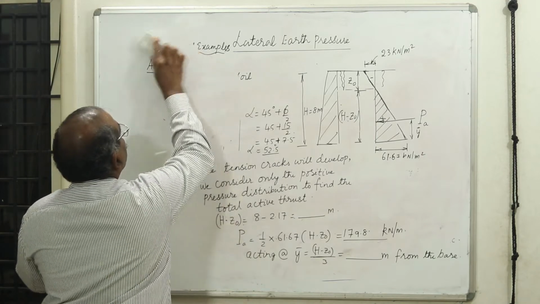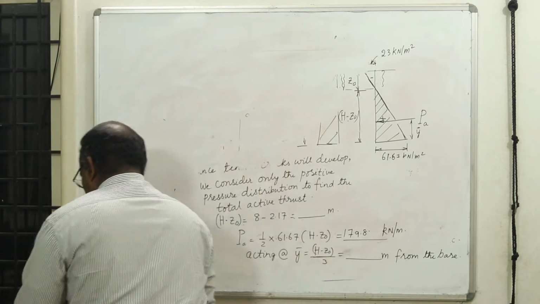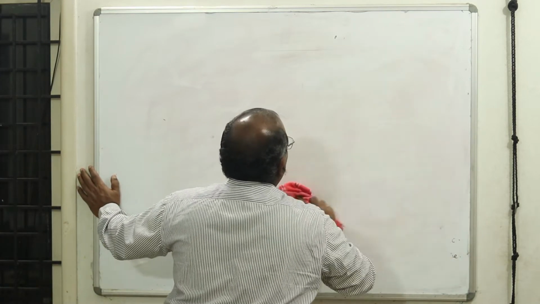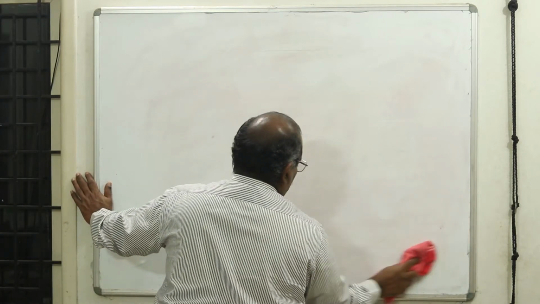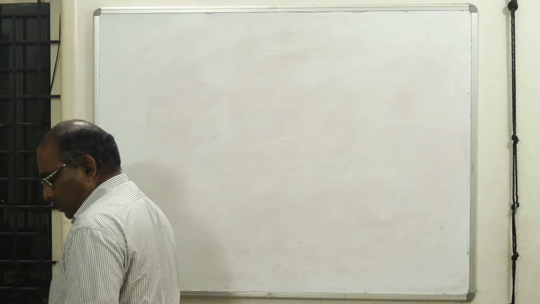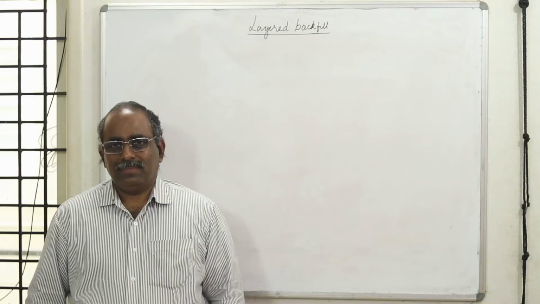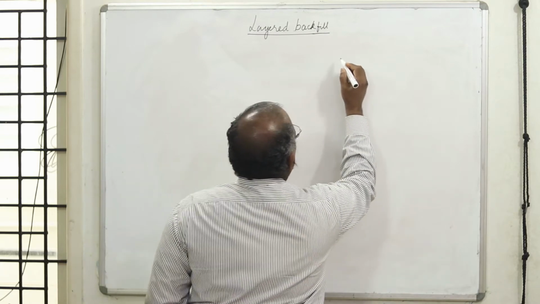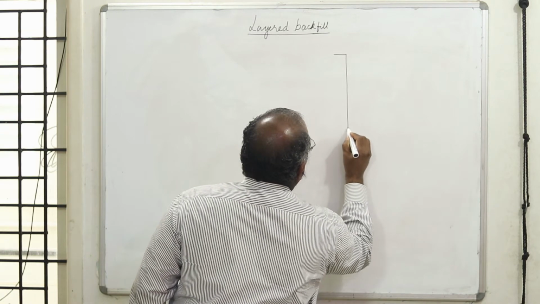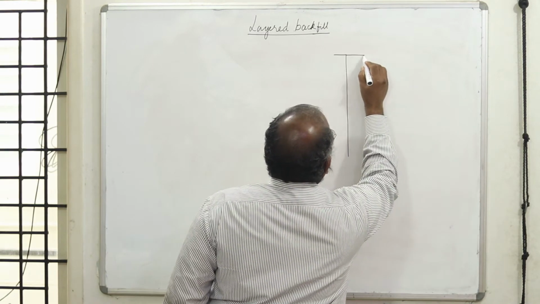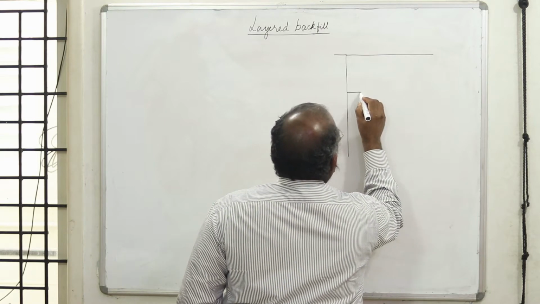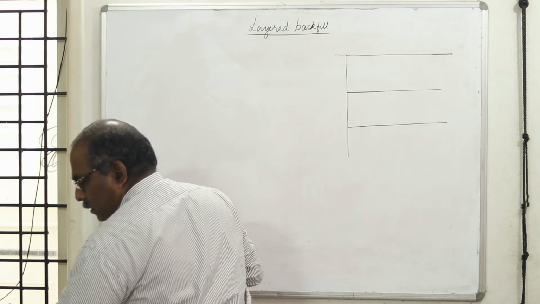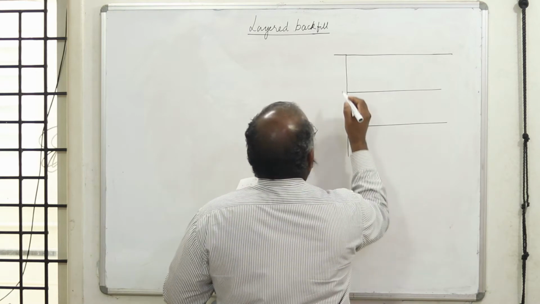Now we'll go to a different problem. I'll just give the problem and tell you how to solve it. Based on the clue and the hint I'm going to give you, you can solve the problems. Numerical examples. Students will work out a numerical example for a retaining wall with a vertical back and having a layered system of backfill material. Now in this case, we have 3 layers.